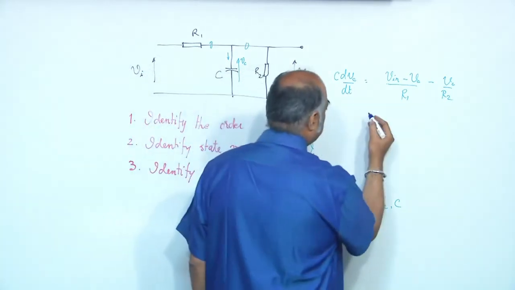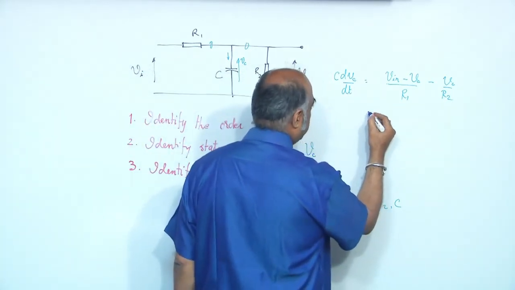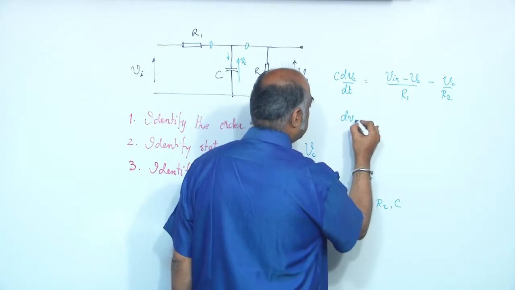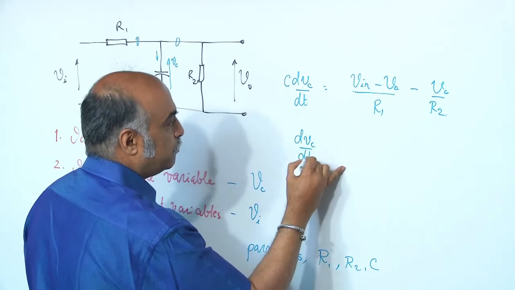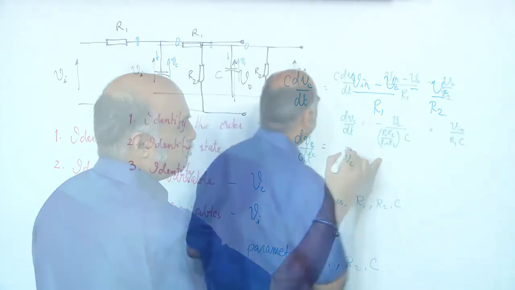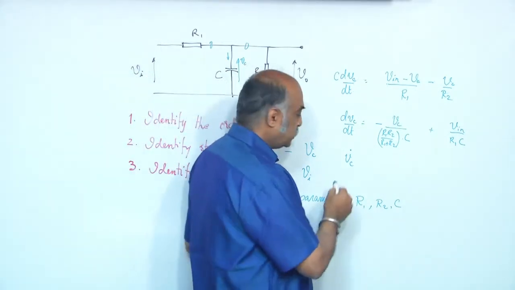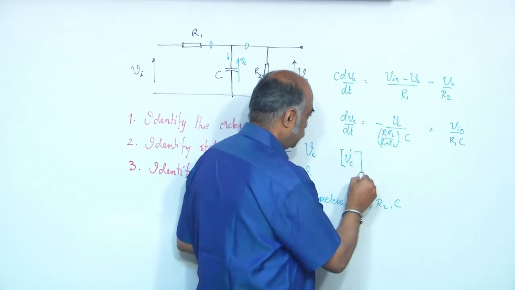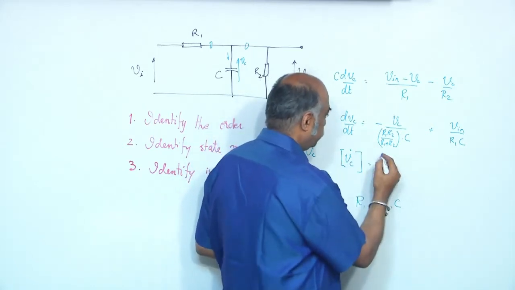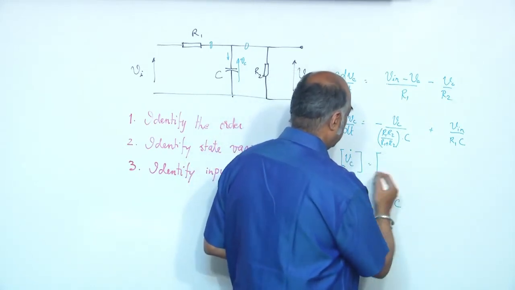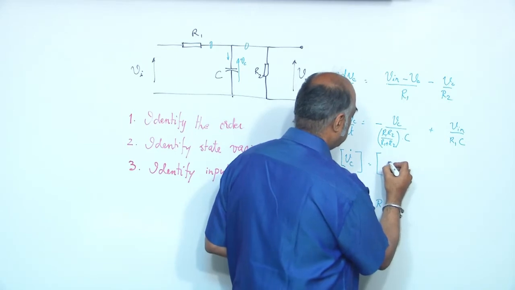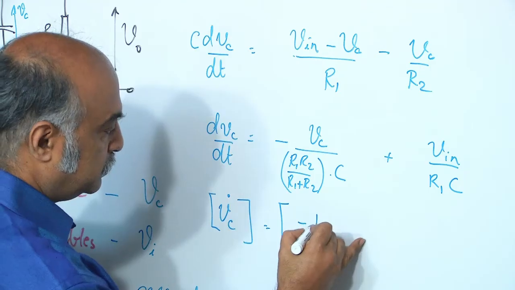Then you know how to take it further. So, let us say dVc by dt is equal to, if you want to put it in matrix form, you will put this and you have